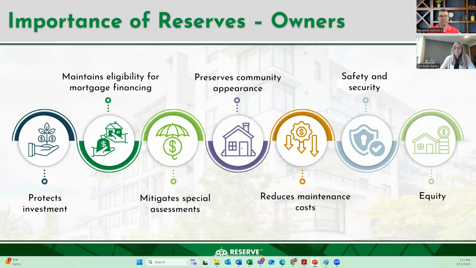By having the funds available, it does help to proactively maintain the community. And when you are proactively maintaining it, there's less of this deferred maintenance or accelerated costs because of the unwillingness to conduct repairs in a timely manner, which all of this will help provide safety and security for the owners. And really, at the end of the day, it's equity. It's fair equity, the fair way to operate, and will increase their equity in their units as well.